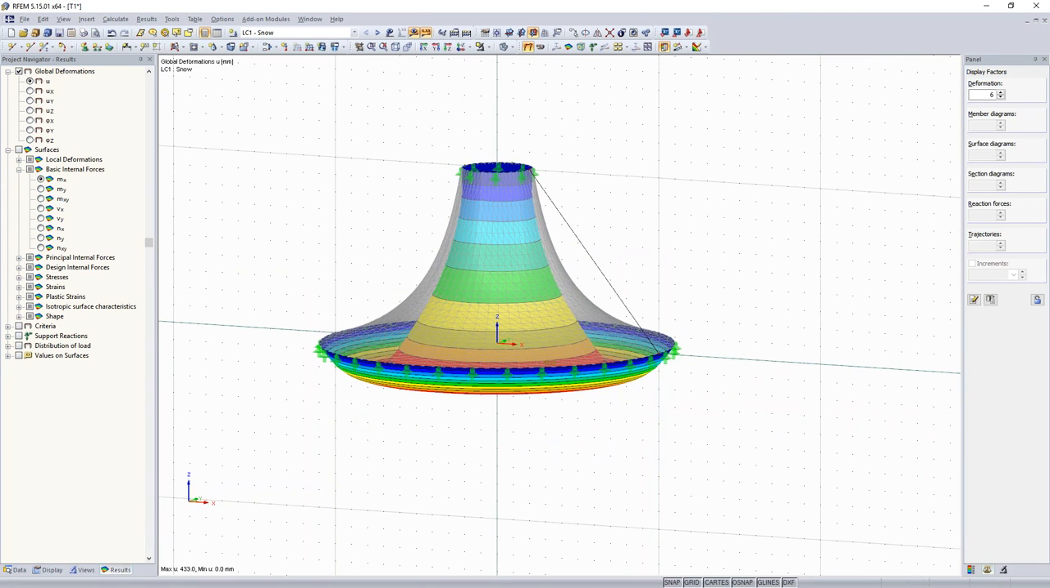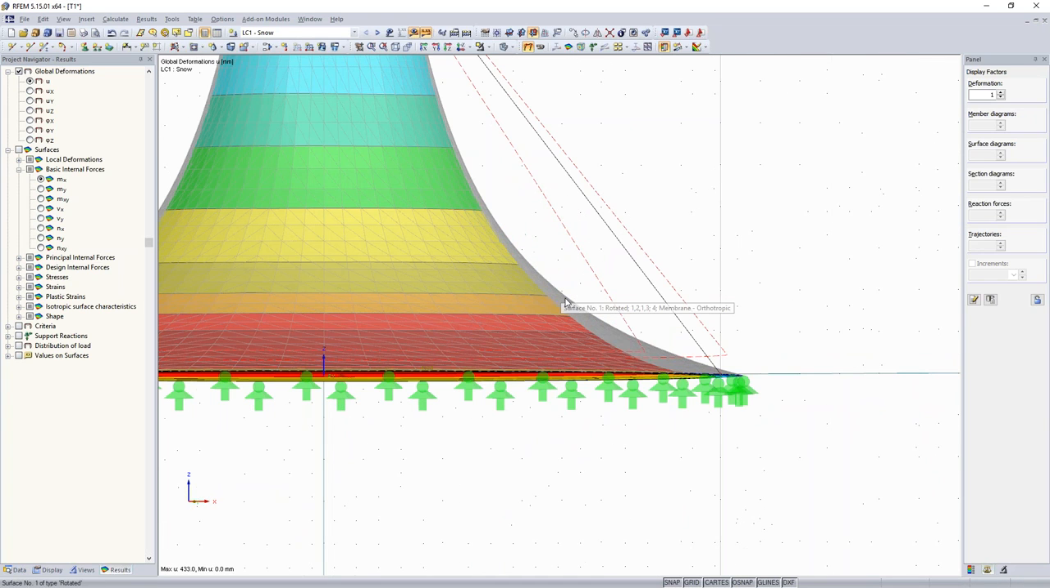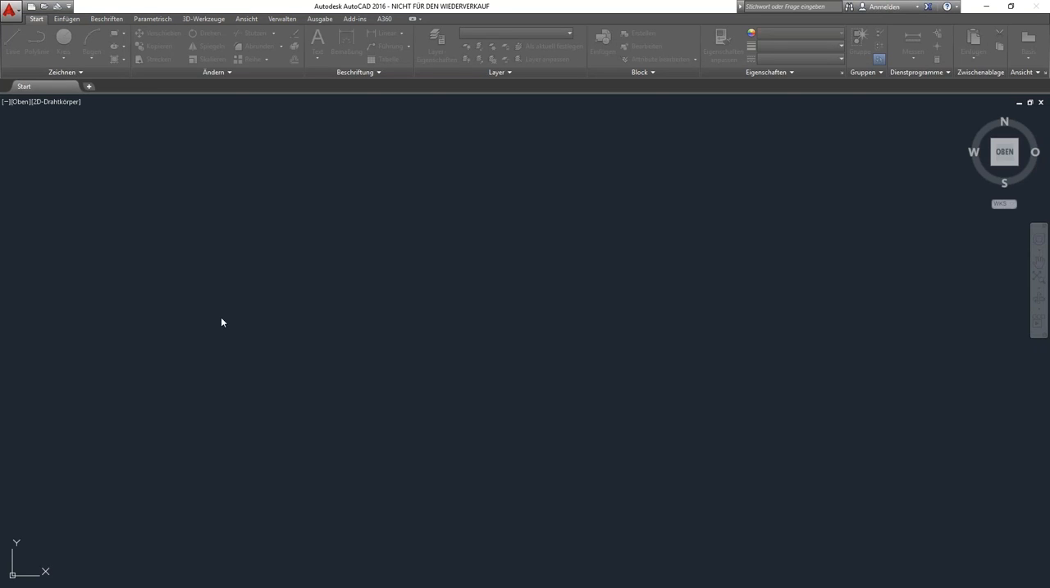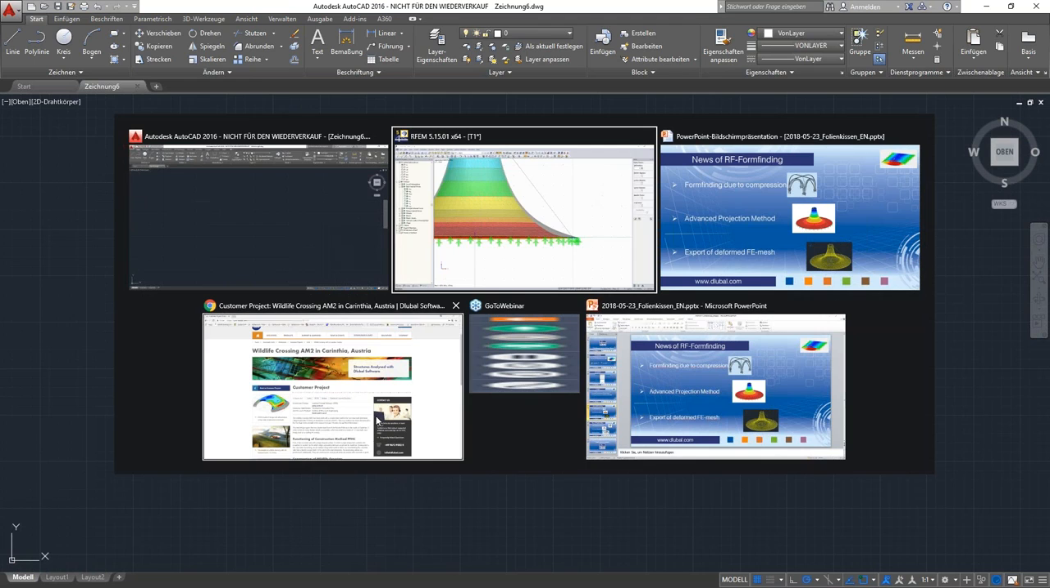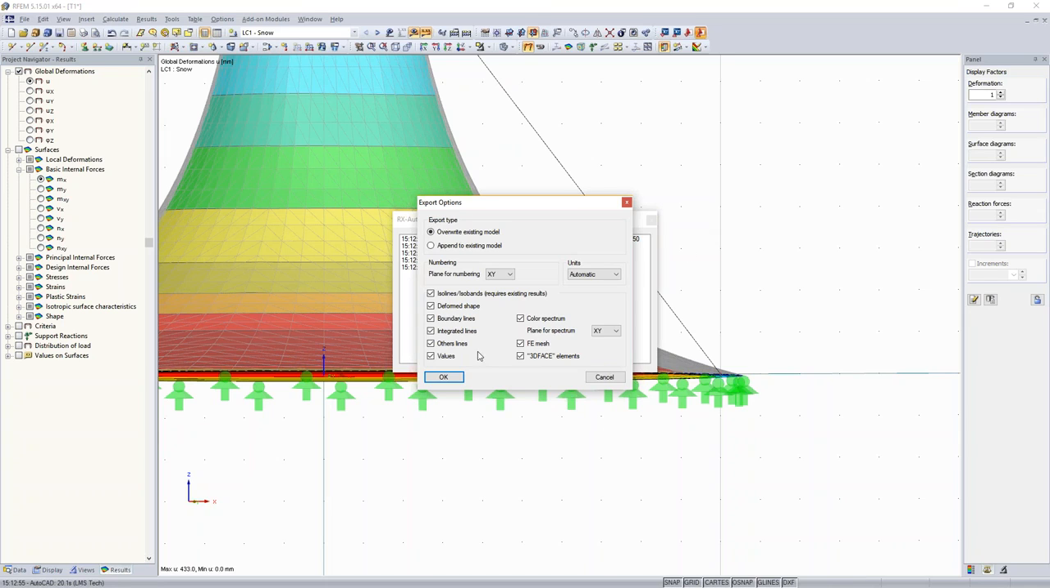It looks quite nice, but it is scaled up to 6. If I scale it to origin shape, it looks not so critical. But you see, this shape is from form finding process, and this shape below is after applying this snow load. And if you want to use this shape also in a CAD application, you can open, for example, in AutoCAD, an empty sheet, go back to RFEM and say, please export me this shape to AutoCAD, activate here deform shape, and